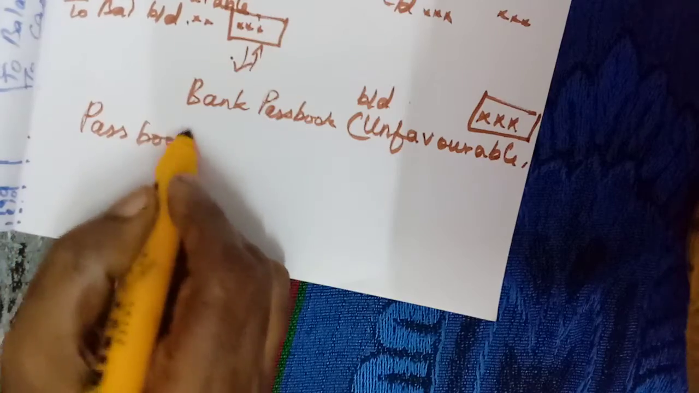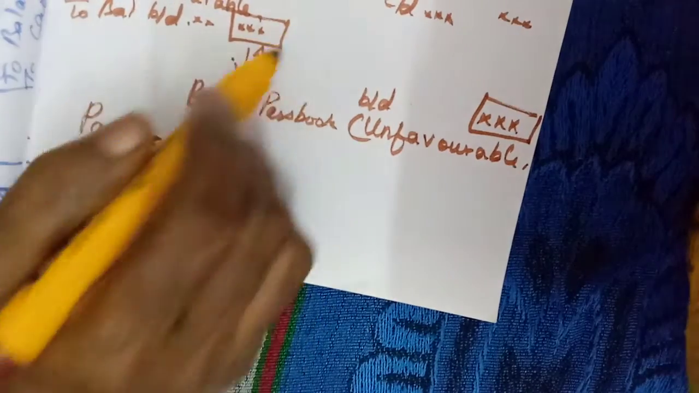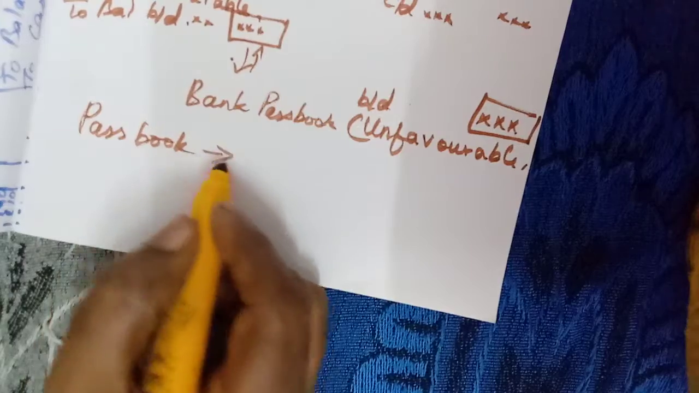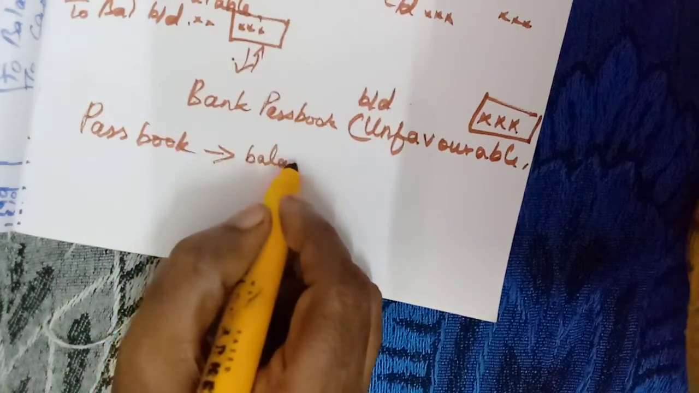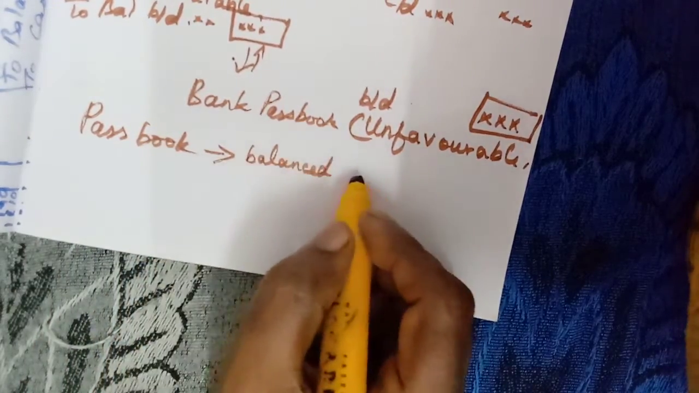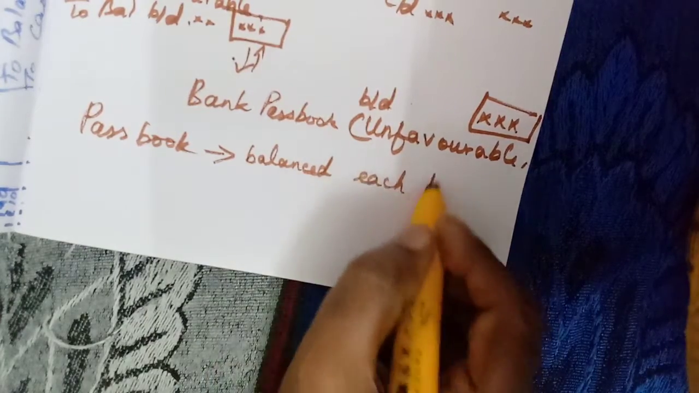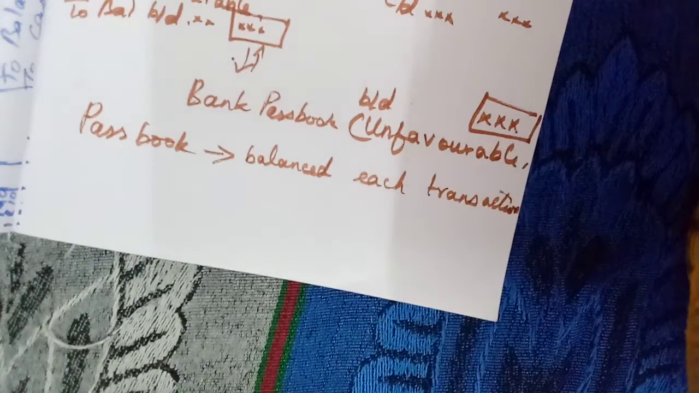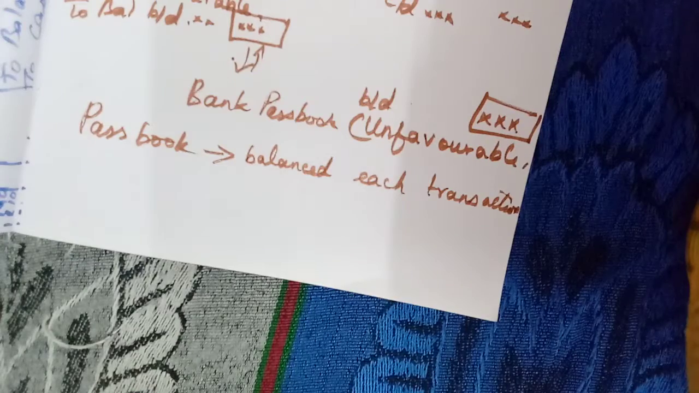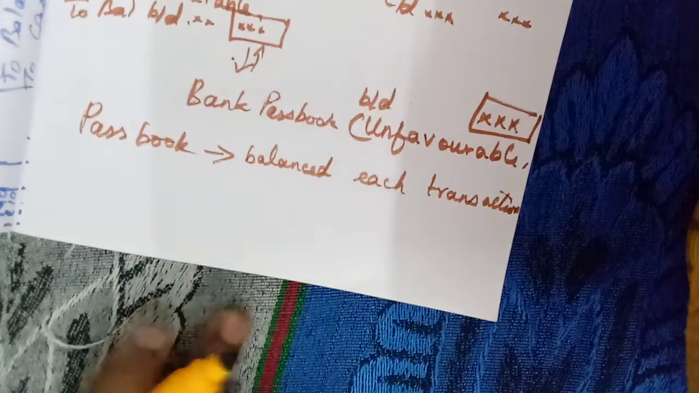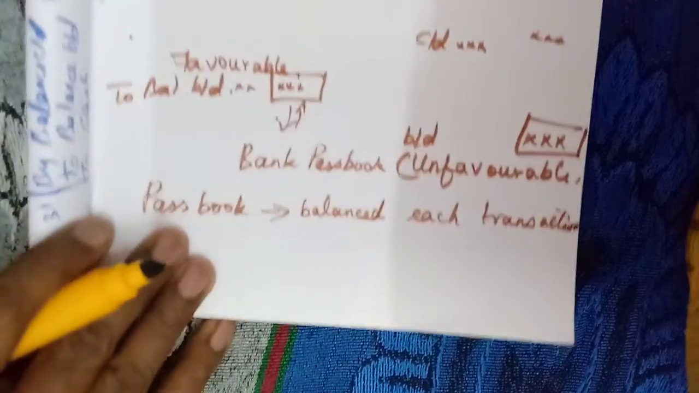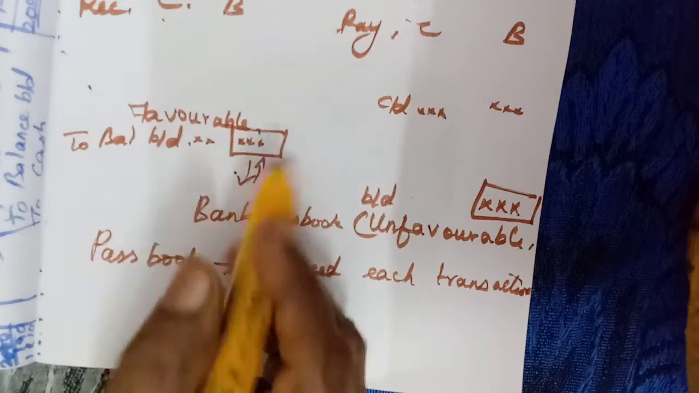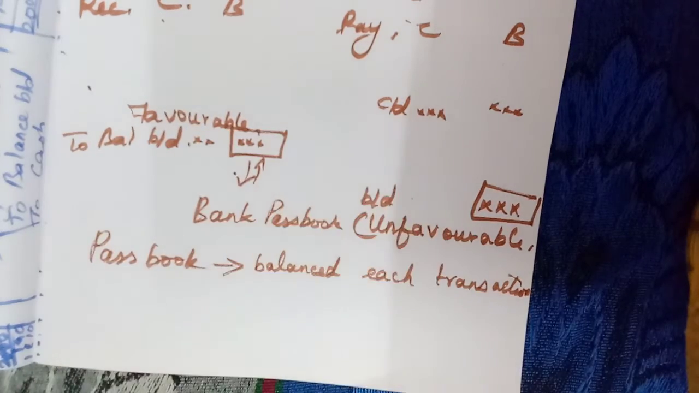Passbook. Here we balance them monthly, isn't it? But this passbook, that means the bank statement, is balanced after each and every transaction. You might have seen the passbook. If your family members, your parents have the passbook, you open and check every day after each transaction. There they will enter the balance amount. How much balance we have, we can find out. But here in the cash book, only at the end of the month we will come to know